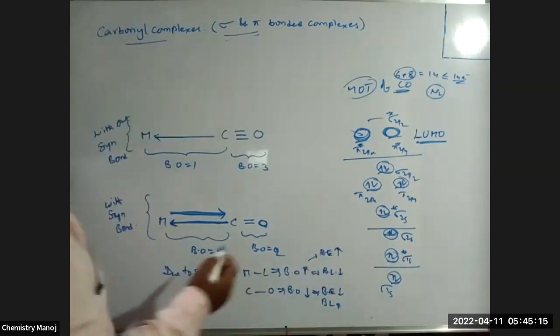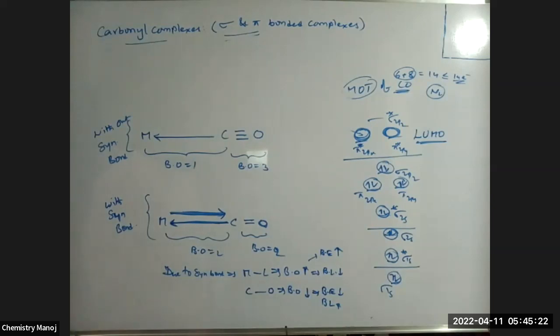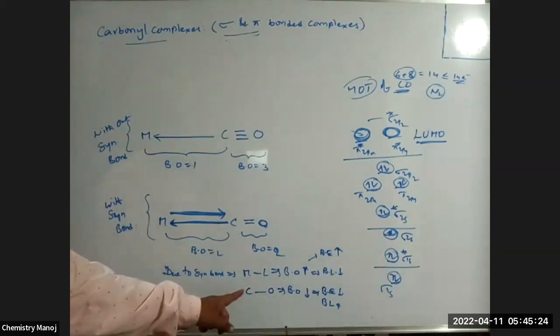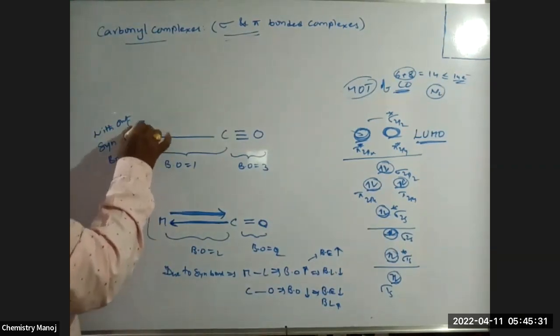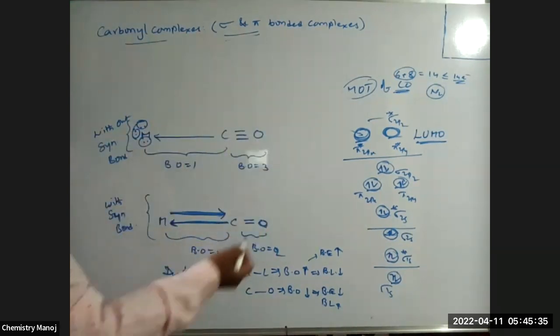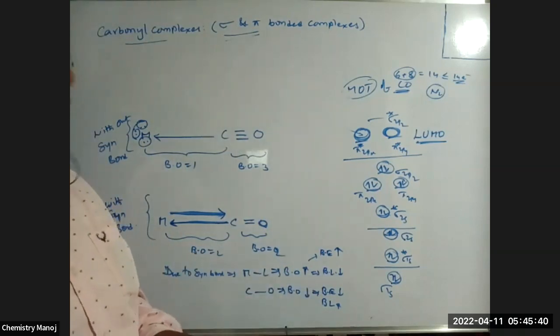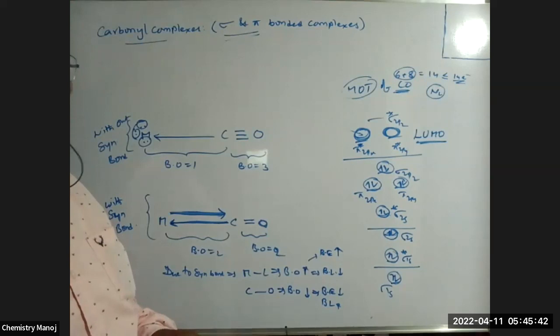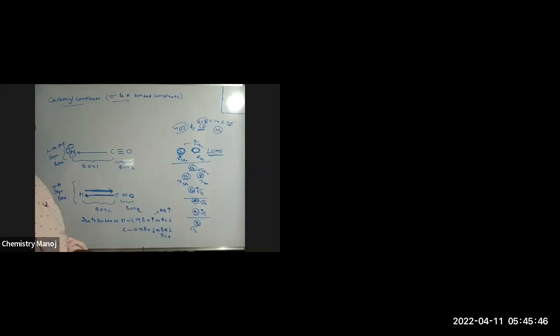These are the different variety of questions asked in the carbonyl complex system, where more synergic bond is there. When the synergic bond is more, that depends on the lone pairs at the metal atom. More lone pairs at the metal atom, more is the synergic condition. More is the synergic condition, more of these are the important situations. Clear? Yes, sir.